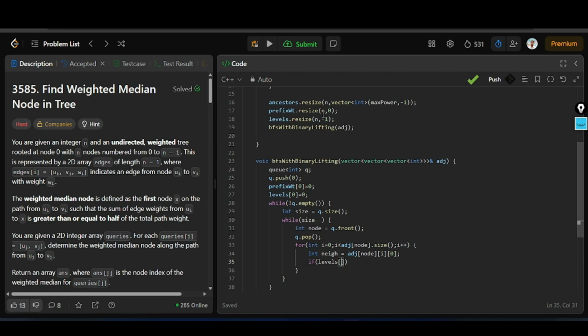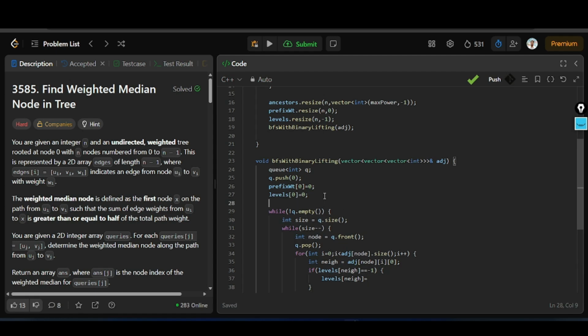That's the reason I had this default value. So levels of neighbor, if it's equal to -1, then I am going to compute this particular neighbor to this particular level that I am at, which I don't